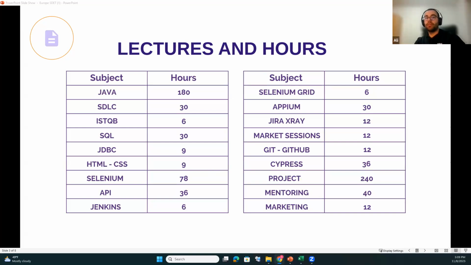After that, you're going to be learning HTML and CSS. This is also one of the most popular things in the IT field. You can understand the interface, the UI part, better after you learn HTML and CSS. It's just a logical thing that you learn before you automate some stuff.